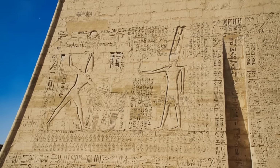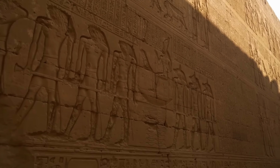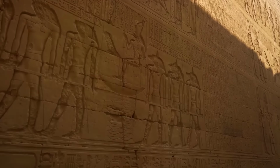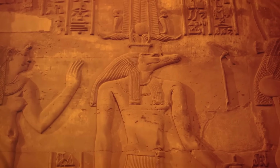Their reigns were marked by ambitious building projects, military campaigns, and the development of a complex administrative system that would serve as the backbone of Egyptian society for centuries to come. These projects were not just displays of power, but also served practical purposes, such as fortifying the kingdom's defenses and showcasing their divine favor. The military campaigns expanded their territories and brought in resources, while the administrative system ensured that the vast empire was efficiently managed, with a bureaucracy that kept meticulous records and facilitated the smooth running of the